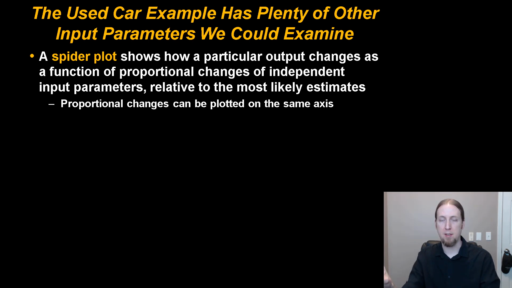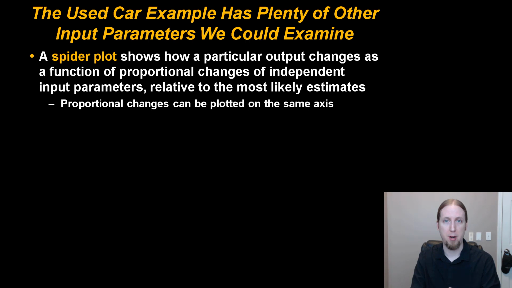So on the x-axis, we don't have to plot a useful lifetime of 4 years, 5 years, 6 years, and so on, but we're going to rescale everything with respect to our most likely estimate, in this case for the useful lifetime 4 years, and we're going to see how the break-even mileage changes if we have a percentage change